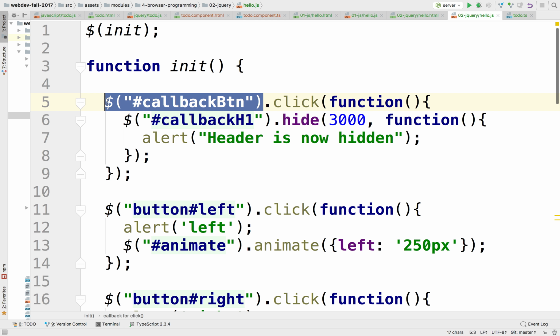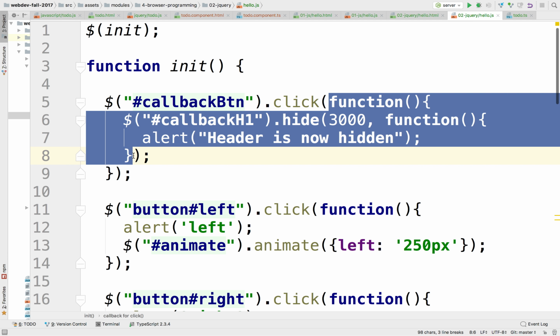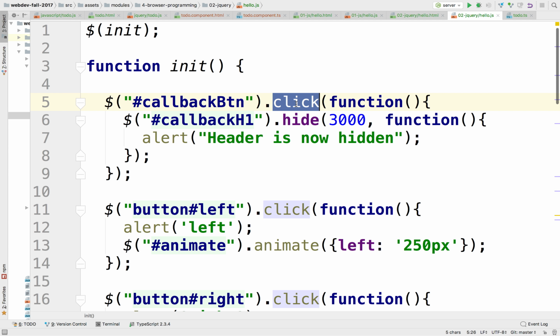You see that? So 3 callbacks. The init is a callback, then inside there's another function, which is a callback to the click event once you generate the click event. And then once it's done animating, it's going to call yet another function. See that? JavaScript is very big about nesting functions inside of functions, so you need to start getting used to that syntax. Yes? Shouldn't we be using promises instead of callbacks? We will be using promises a little later.